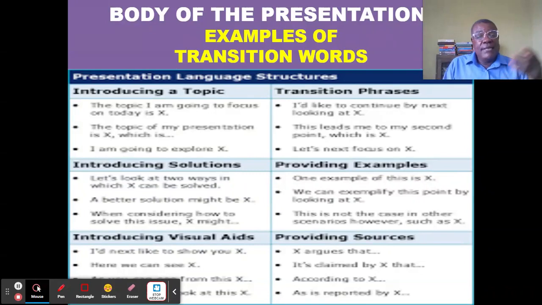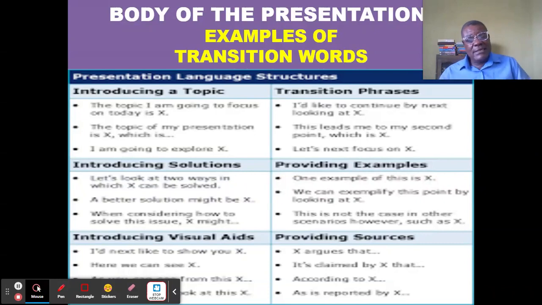Now, when providing examples, you can say one example of this is X, or we can exemplify this point by looking at X, for example. Then there might be need for you to provide the source from which you have taken certain pieces of information. For example, you can say X argues that,